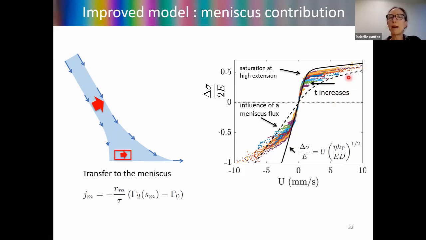Remember, the time is small at this point and increases when you follow this line. So at the beginning, the meniscus is at equilibrium and can easily play the role of a reservoir. So we are close to the dashed line model. And during the deformation, the meniscus gets depleted on the stretched side or saturated at the compressed side and cannot absorb any more surfactant. So at the end, we reach the model where the surfactant plays no role anymore.